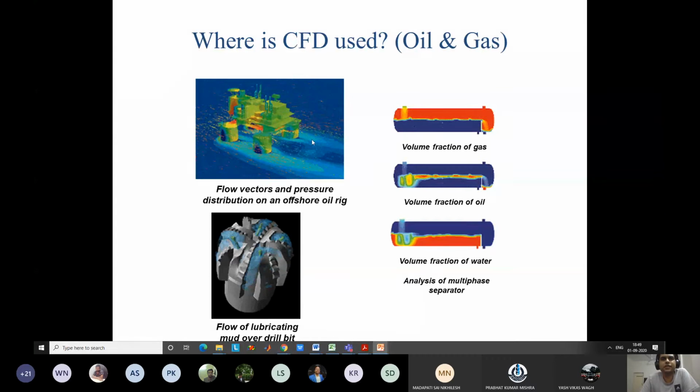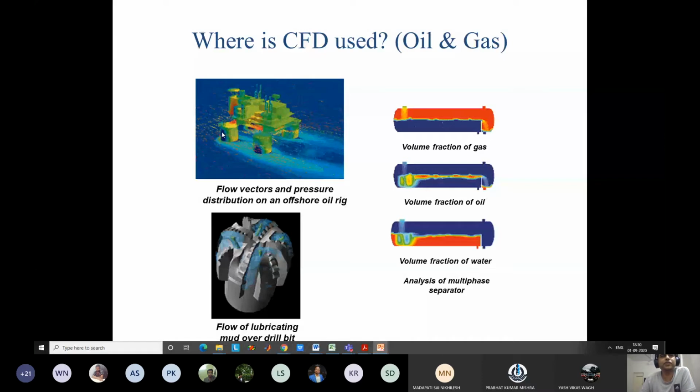Oil and gas rigs. Okay, so a lot of things are there in oil and gas industries like Shell or, say, Schlumberger. So these are some industries which work on oil and gas. So what is the flow through the pipeline? Again, there are a lot of projects even our faculty are doing in those areas, like whether there are deposits in the pipeline in the long term which are harmful, which block the pipeline, how to remove these deposits, what is the flow pattern over long distances. So you have long distance pipelines which carry oil from one place to another, say hundreds or thousands of kilometers long, and there are pumps in between, so flow to the pumps. Then there you have offshore oil rigs like this.